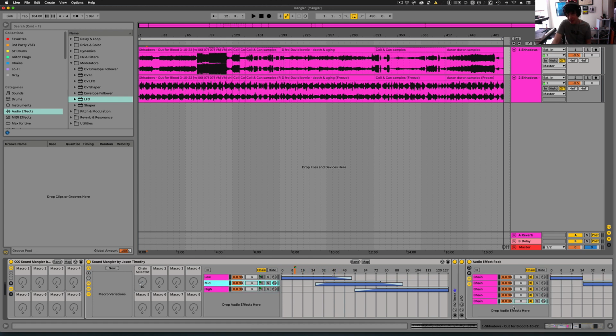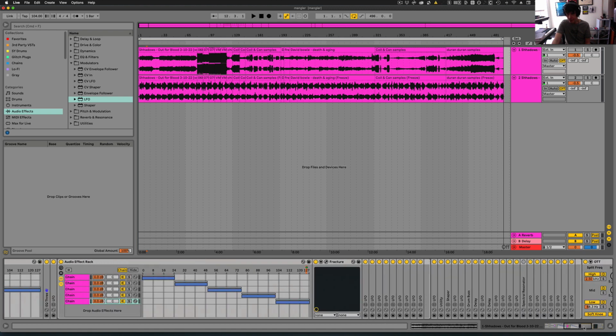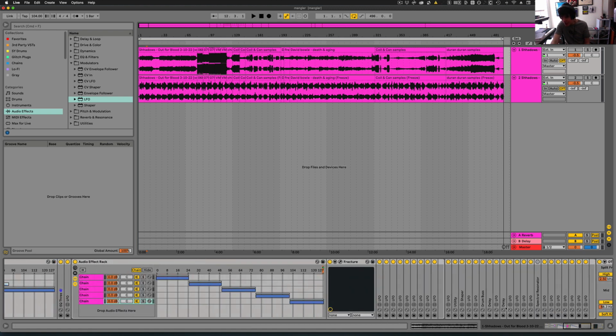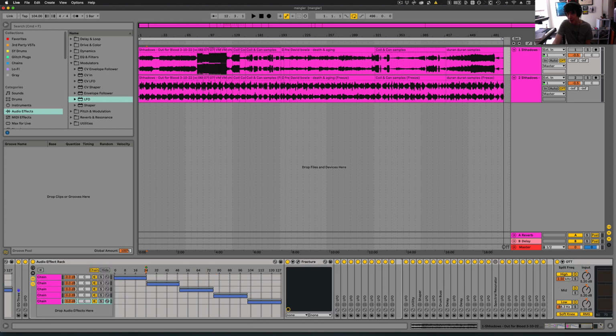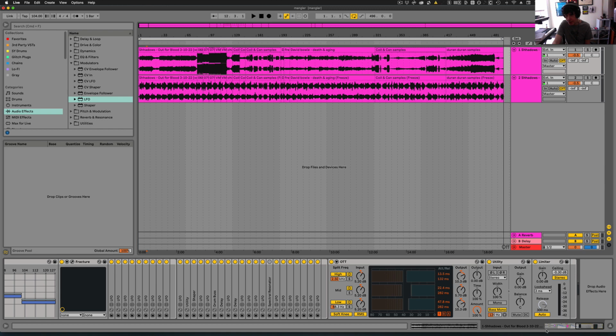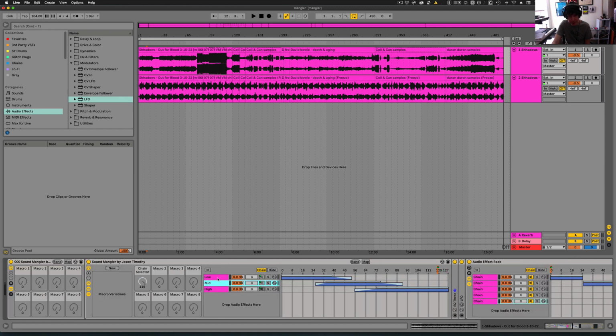The mid frequencies, I do something similar, running it through multi-chains and different presets than the original. As you can see, we've also got the shaper. The shaper allows sounds to cut in and cut out, so you get more impact sounds or more percussive sounds within the whole range of what's going on. And I've also got a spectral resonator here, which I believe was turned on when I was using it. And then the low frequency,